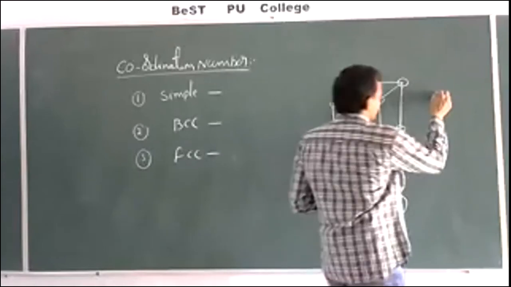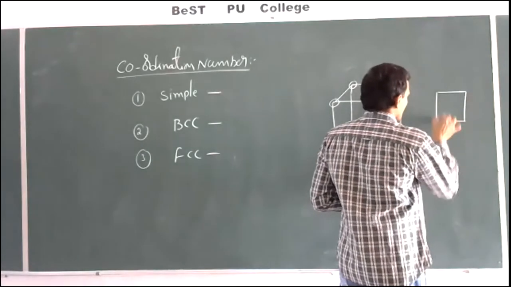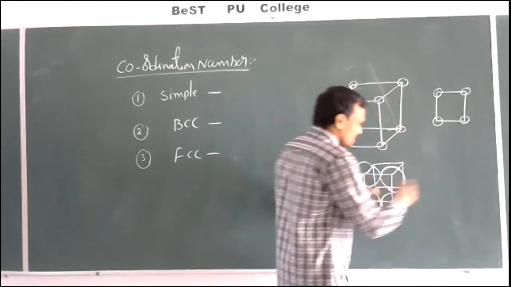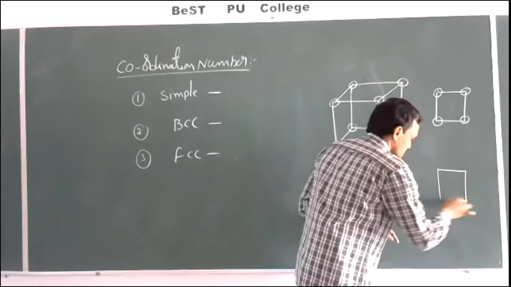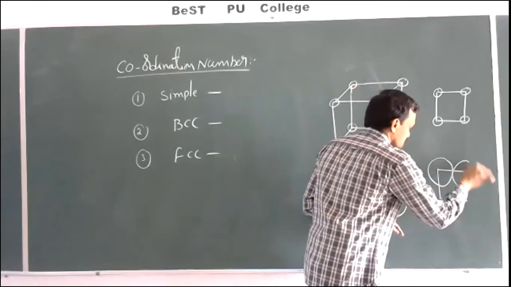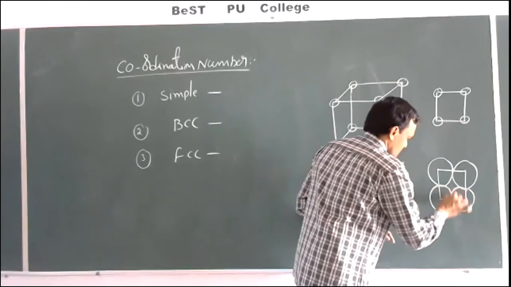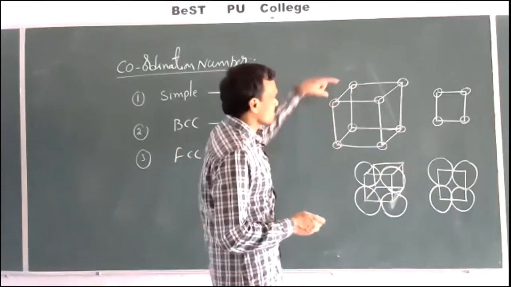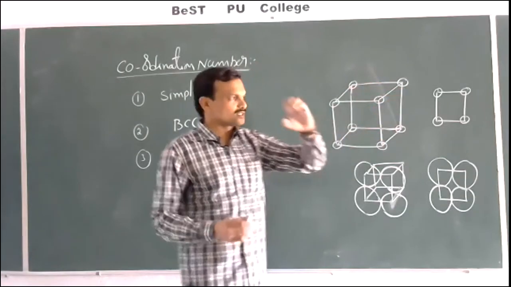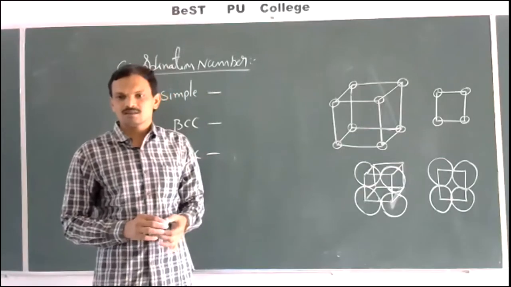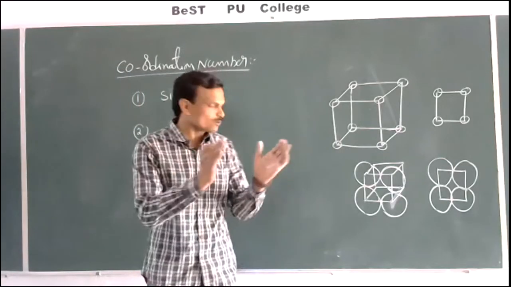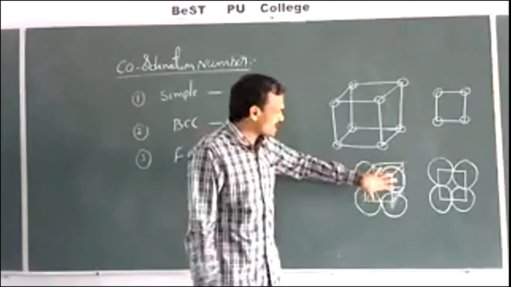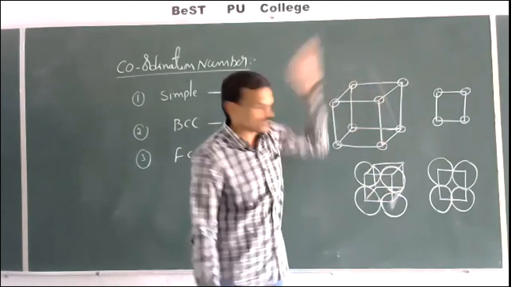Instead of this, I will show it in an easy manner. So this is the first representation, and the same we have represented like this. Actually, both are the same. Just for easy understanding of the structure, we have drawn it like this. Actually, in a solid, there is no gap between the constituent particles. Without any gap, the particles are closely packed. This is the exact representation, and this is a simplified representation.